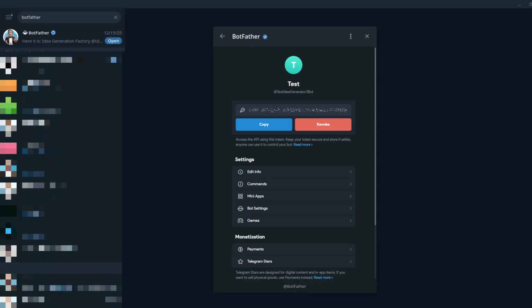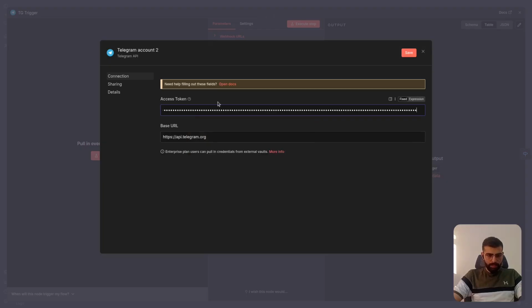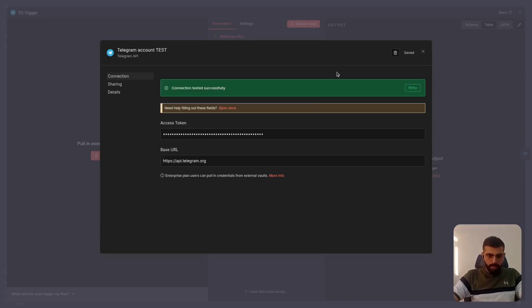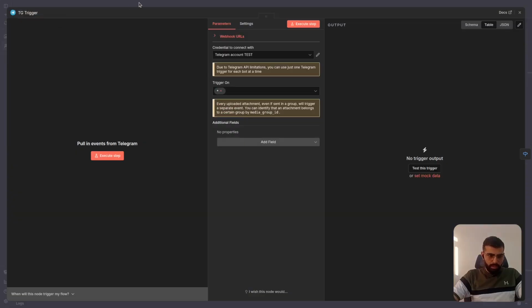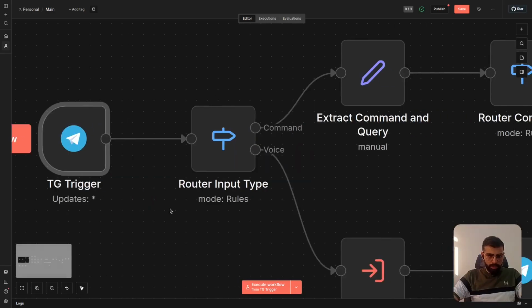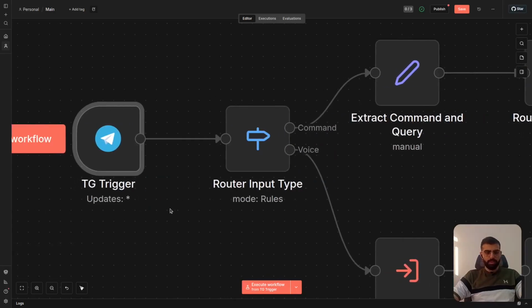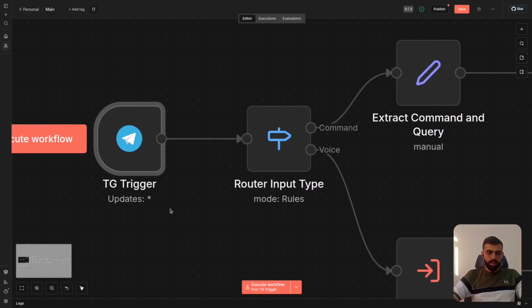So now, as you can see here, you can copy the access token. And you will paste it here. Very simple. Then you're gonna click this save button. After pasting the access token, you're gonna see this message that says it was added successfully. So we're gonna close this modal, and the next thing that you want to do here is that each time we receive a message from